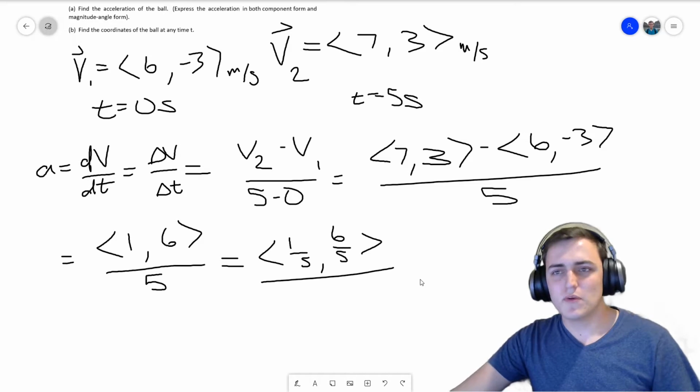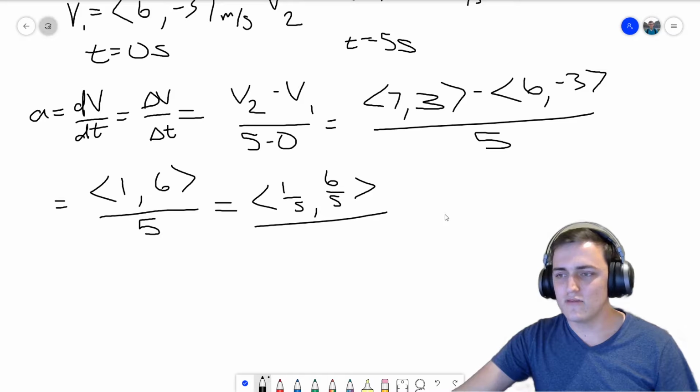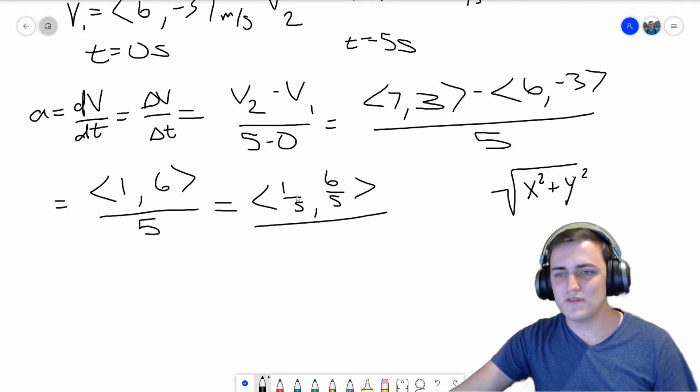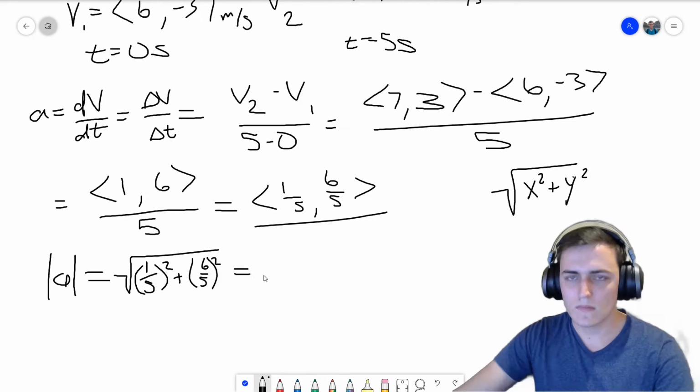But that's not all we have to do for part A. We have to also find the magnitude angle form. And if you remember, the magnitude is the square root of the x component squared plus the y component squared. And so the magnitude of A is going to be the square root of 1/5 squared plus 6 over 5 squared. And plugging into the calculator, we get